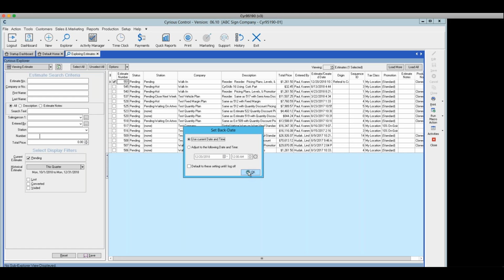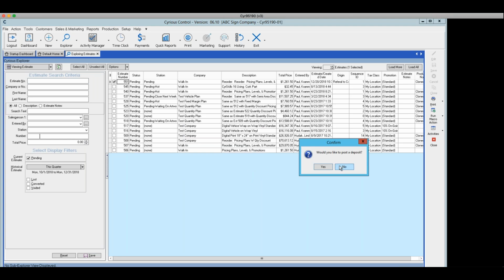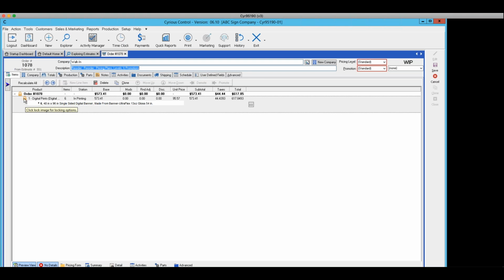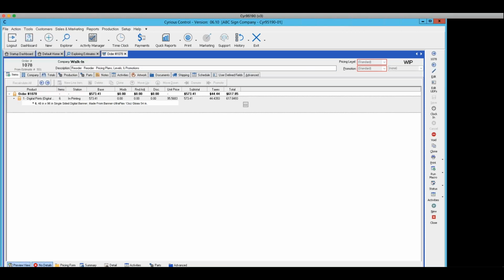Ignore this. This is just the way I've got my system set up. Do you want to post a payment? I'm going to say no. And now notice that it has already been saved as an order in work in process. That order number is 1078. And notice the padlock. That estimate, that order, if I were to edit it, there is a padlock there. So you would have to have privileges in order to unlock that and make further changes to the